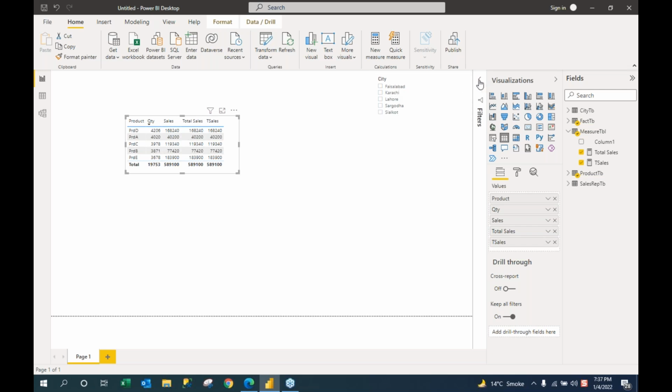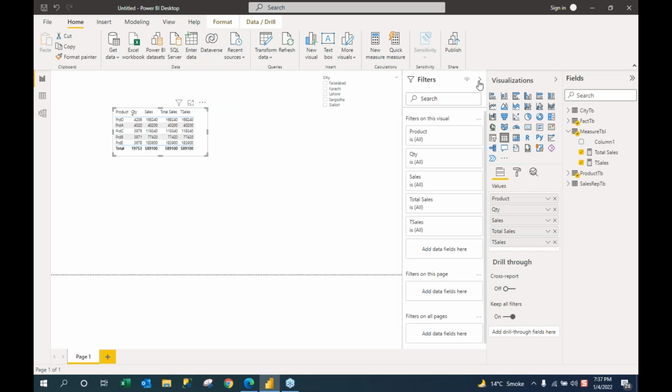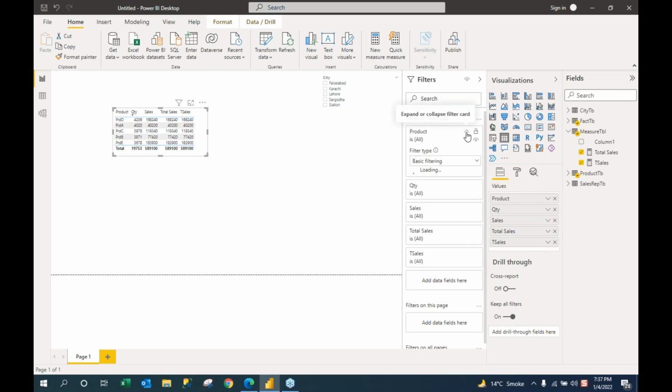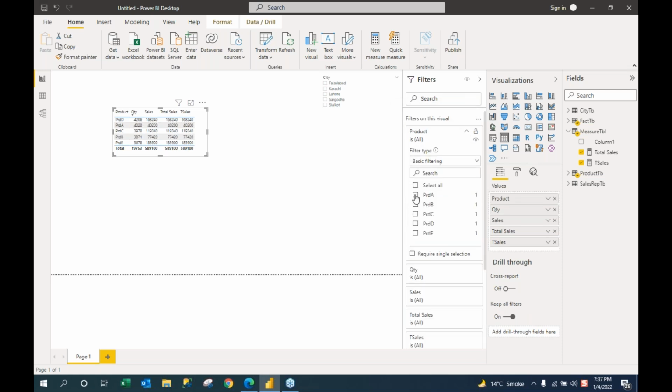So what I can do is make use of this filter option, right? And look at what I have here. We have the product. So what I can filter is, for example,